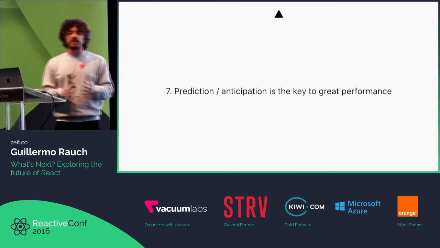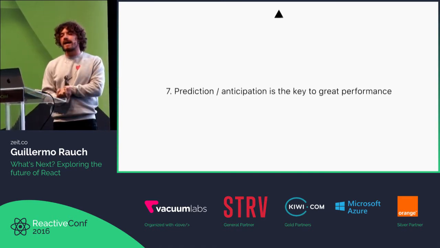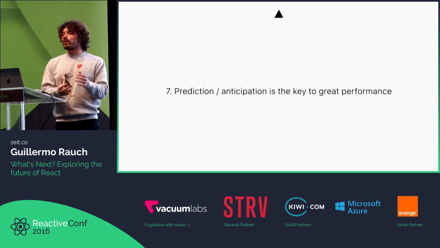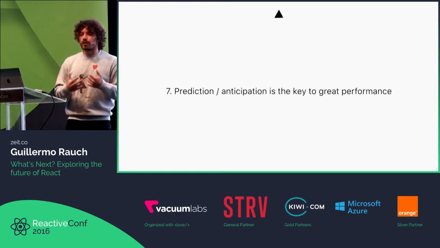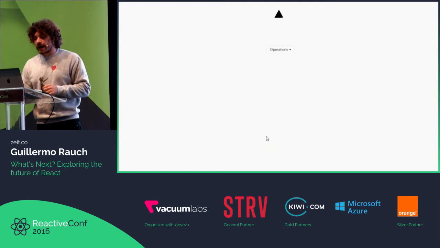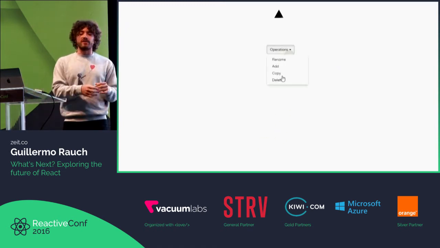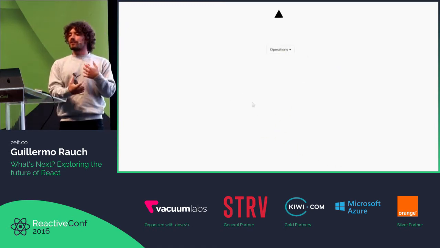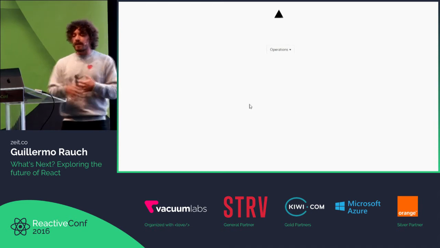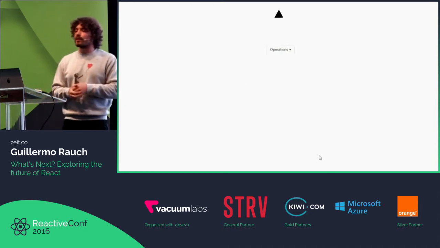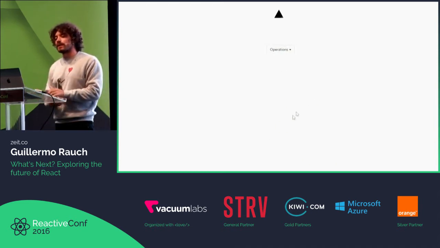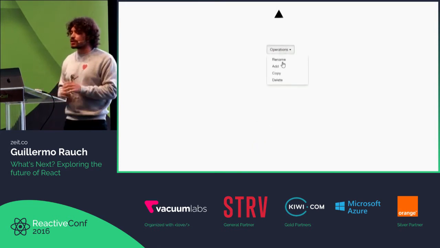And finally, and this is perhaps the most important notion today, the key to great performance is anticipation or prediction. This goes both for data. Like I said, we can anticipate what data the user is going to be interested in based on the URL, but it also might have to do with UI. For example, we might need to prefetch a certain part of the screen based on the trajectory of the input,